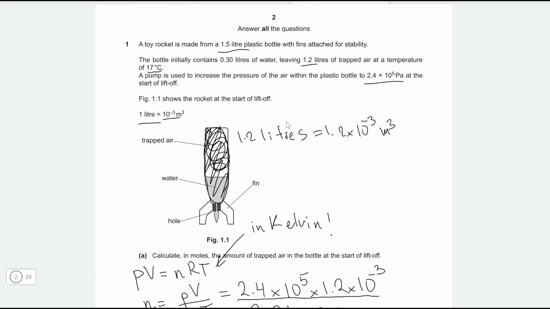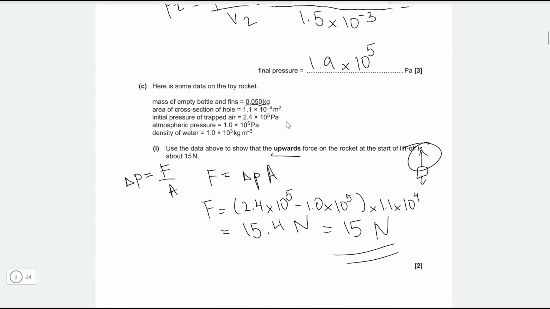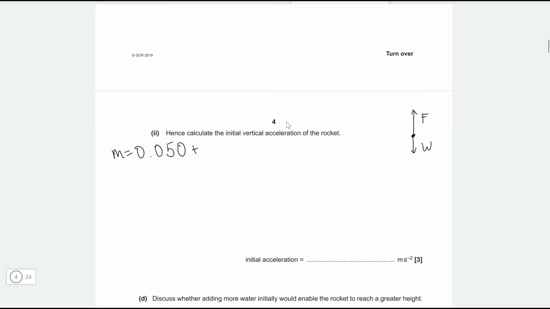Okay, so where is it? Okay, so it contains 0.3 liters of water. A useful rule of thumb to remember is that 1 liter weighs 1 kg. So 1 liter of water weighs 1 kg. So 0.3 liters of water is going to weigh 0.3 kilograms. Okay, so let's just add that in, leaving us with a combined mass of the water plus the toy rocket of, so that'll be 0.3, which will be equal to 0.35